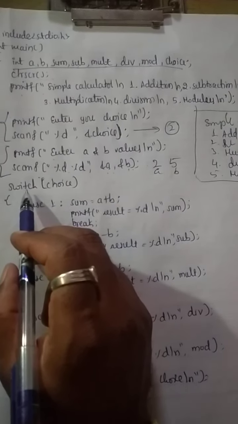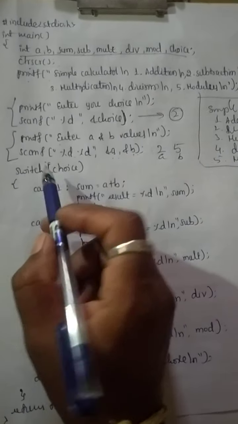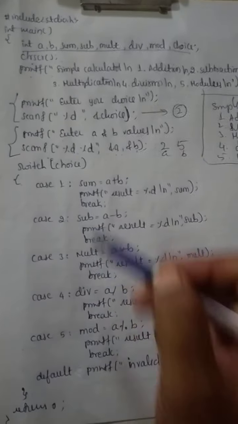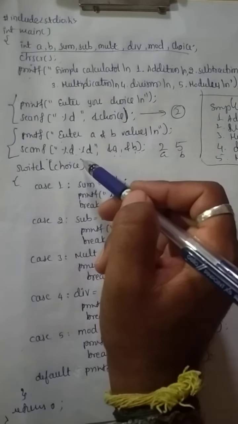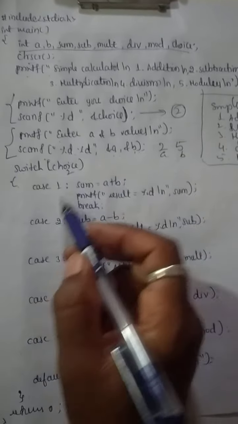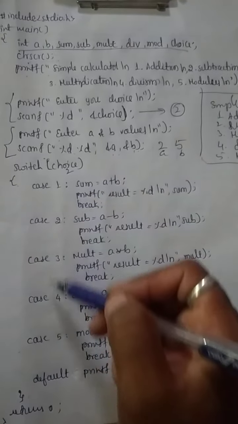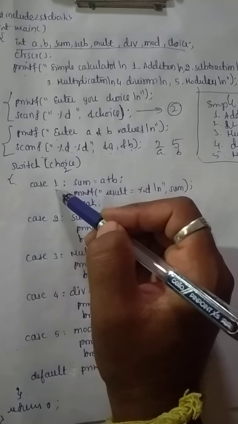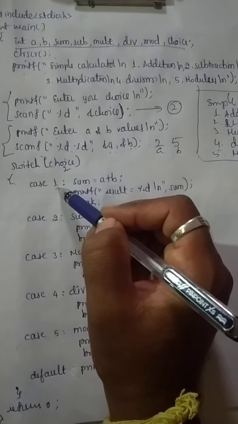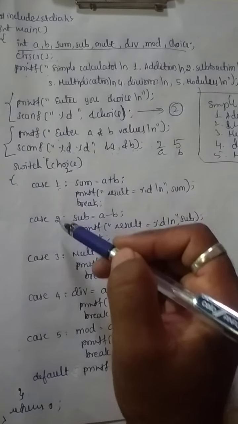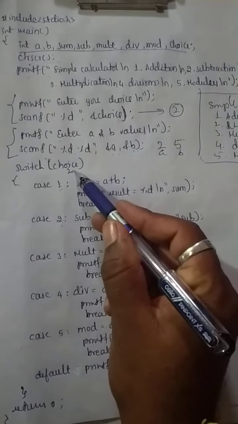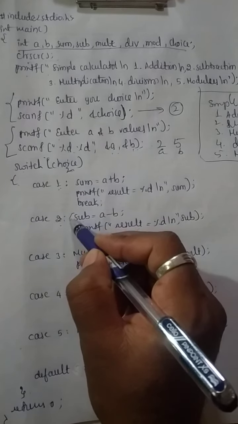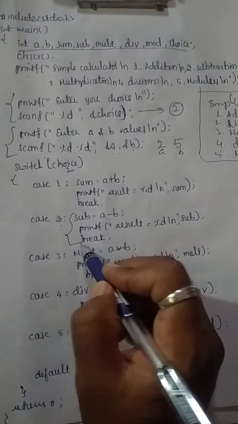Then the switch case will be executed. Switch of choice. See, the switch case opened here and closed here. Between that, many cases are there. Whatever choice I have read, it is going to be substituted here as 2. Then this choice will be compared with all the cases. What is my choice? 2. This will be compared with the first case: whether 2 is equivalent to 1? No, false. Then 2 will be compared with the second case: whether 2 is equal to 2? Yes. If case 2 is true, then these statements will be executed.